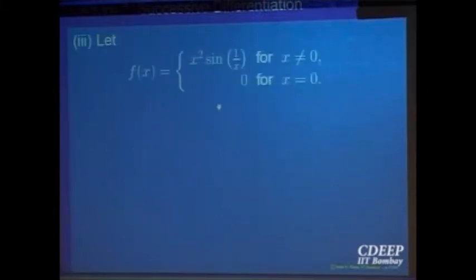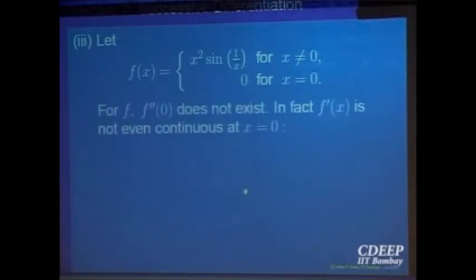Let us look at the function f(x) equal to x square sine 1 over x. And we want to know whether this function has a second derivative or not at the point 0, and if it is so, what is the second derivative? The point to be observed here is this function has the first derivative, of course. Okay, let us compute the first derivative. How will you compute the first derivative at points other than 0? This is the formula. So use your product rule to write the derivative at points other than 0.